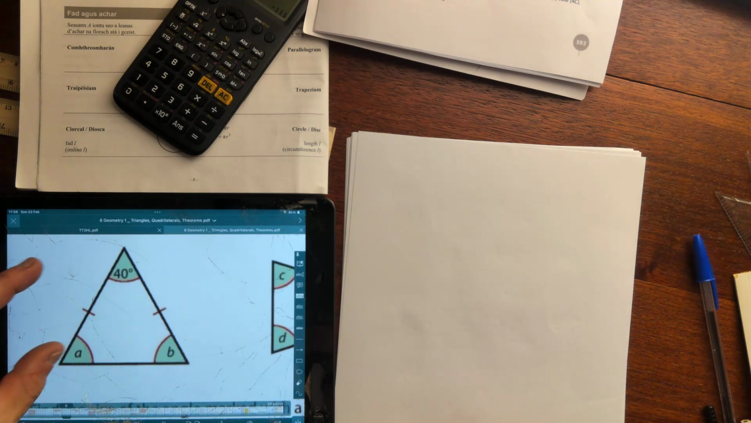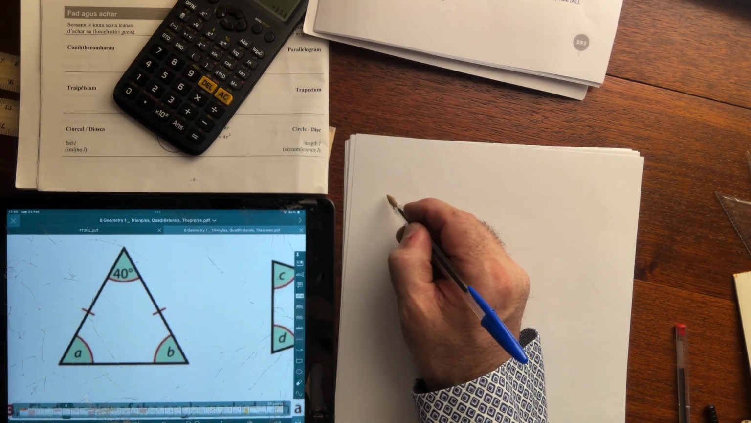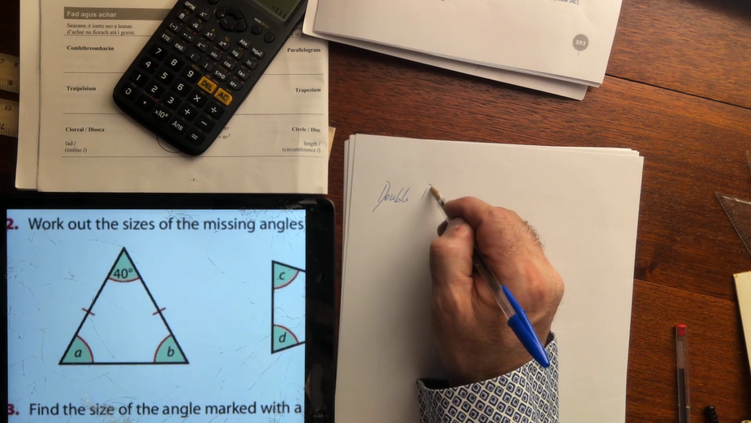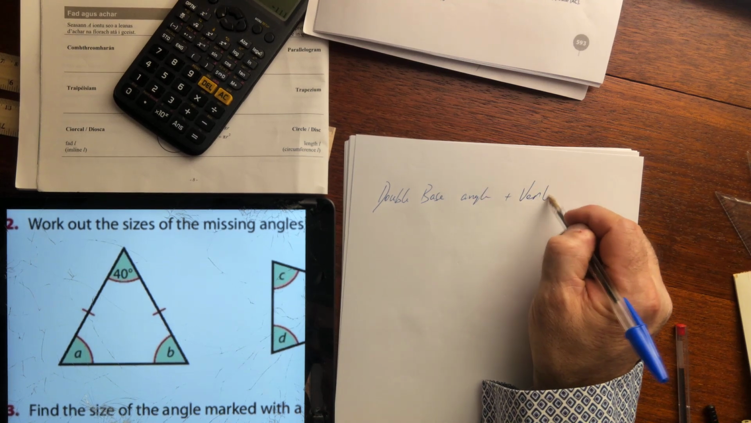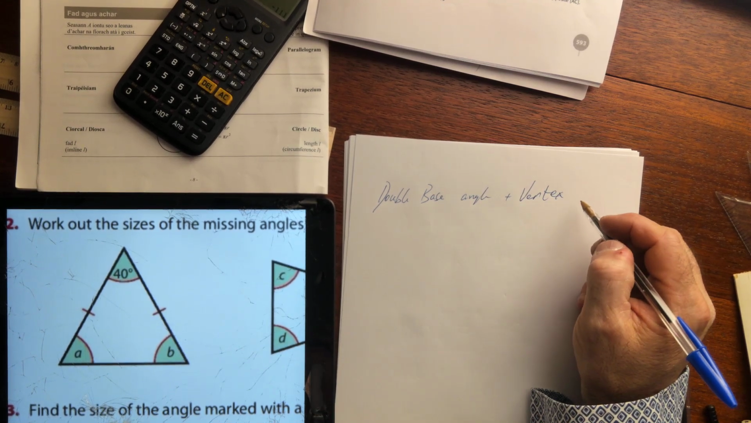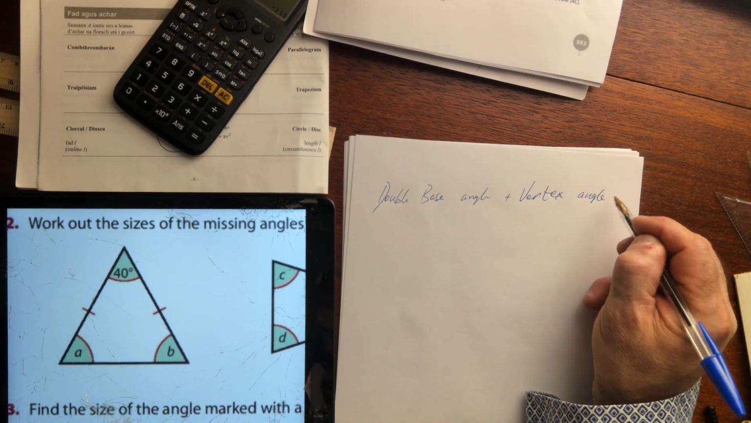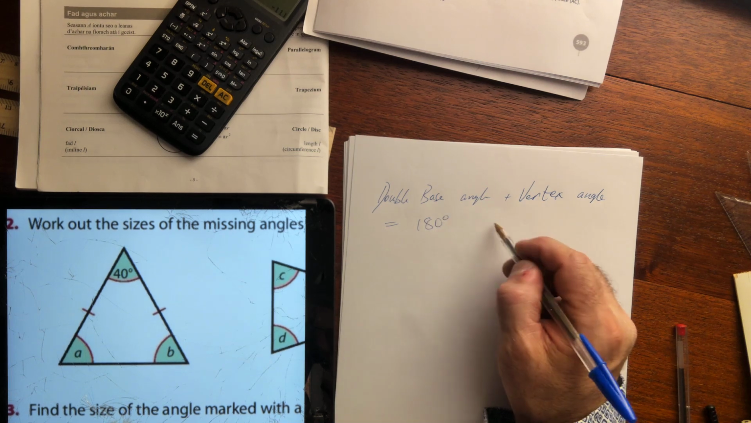Work out the sizes of the missing angles. So this is isosceles, so A equals B. So what we can say is double the base angle plus the vertex angle. Take it down, write it out. You're learning by doing this. Double the base angle plus the vertex angle equals 180 degrees, the internals